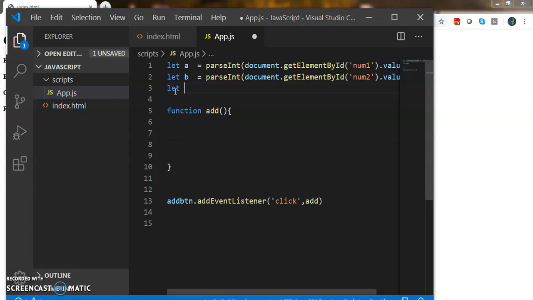Let us also declare a field result equal to. So let is the command to define a variable. For now, we just do result is equal to a plus b.